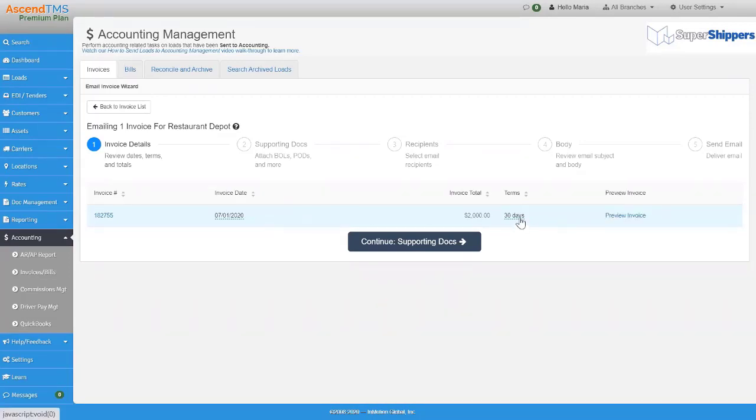Same thing with the payment terms. That's being pulled from the customer's profile. If for some reason you've made an agreement that this one is different, or if it's inaccurate, you can click on it to change it. You'll also have a place here to preview your invoice as well, so you don't need to pop open that expander to see it beforehand. You can come in and do it here.